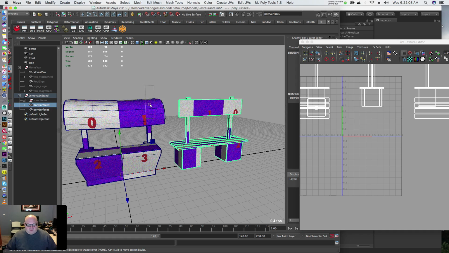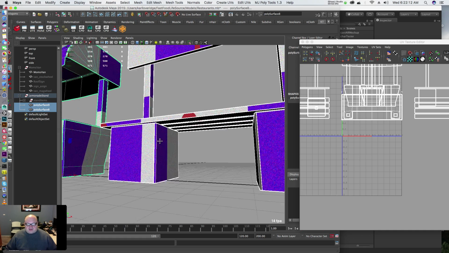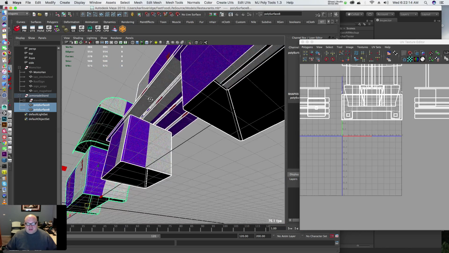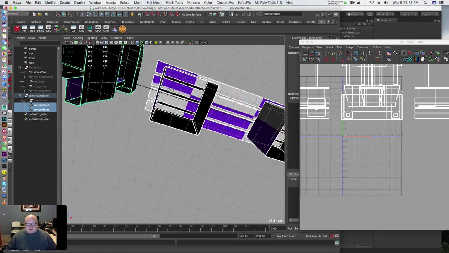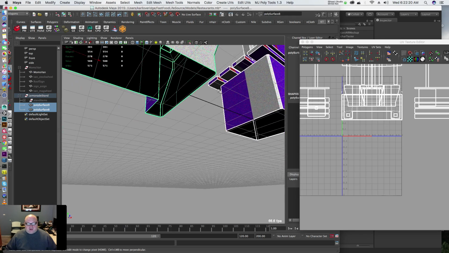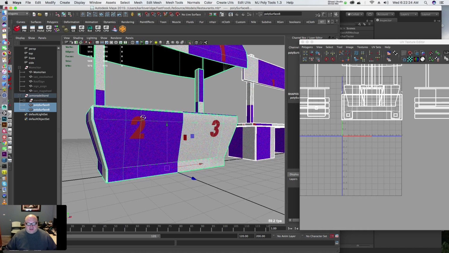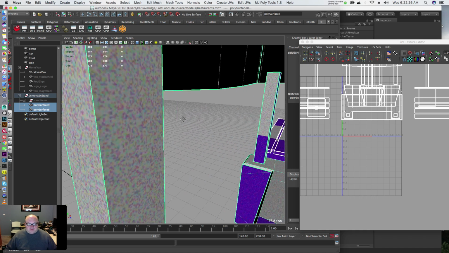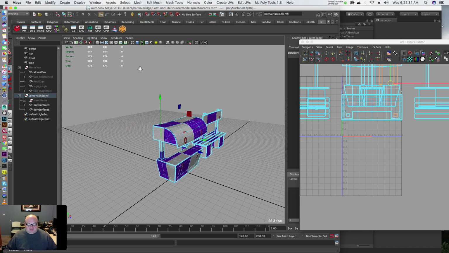One of the first things I want to do before I get too much into this is make sure the model is cleaned up, so I don't unwrap stuff I don't need to. I know for a fact that in this game, I will not see the underside of a lot of this content, so I went in and deleted some of the underside of this. Especially when I get up in here, see there are some faces left over. So let me